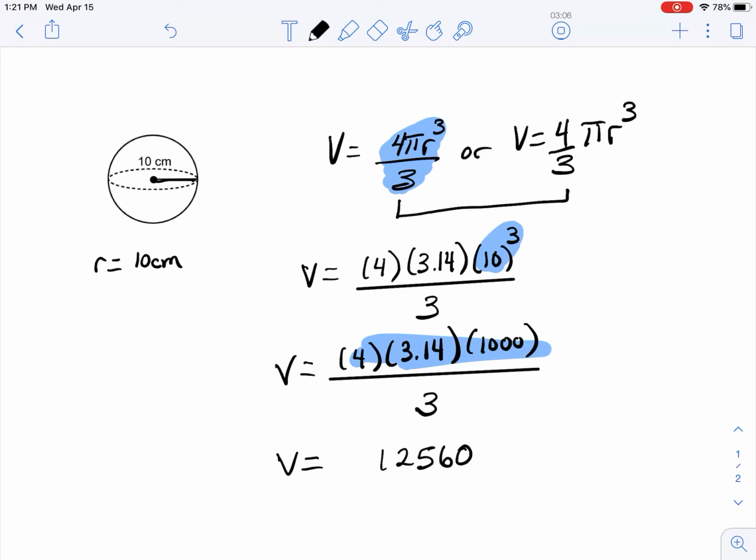Just going to double check that. Yep, we got that. And then we're going to divide that by 3. So again, I like 1 decimal place. I did that right, and I think I did. 4,186.7. And we're going to